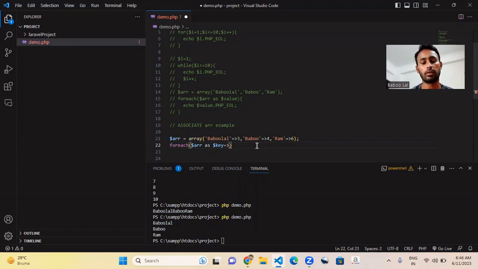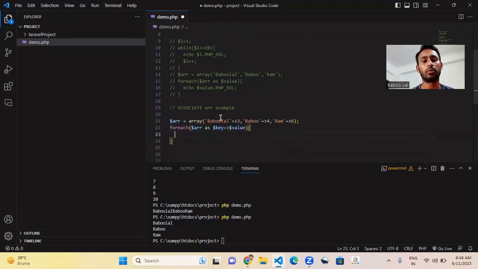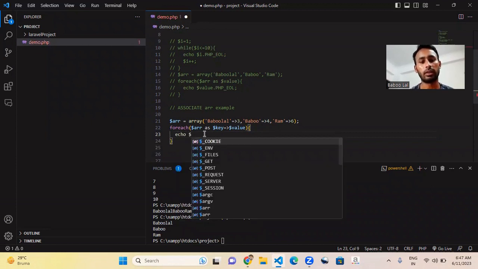What contains? $value. This is the variable. You can use any other variable also, but for understanding purposes, I'm simply using key for key and value for value variable. So when you print the key, it prints your key Babulal, Babu, and Ram. And when you call the value, it prints 3, 4, and 6. Simple. I go inside the loop and call, like first I call the key